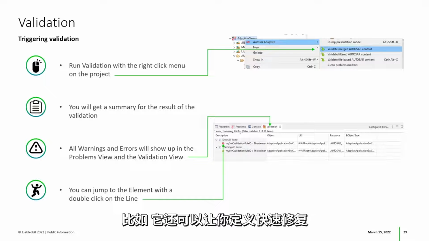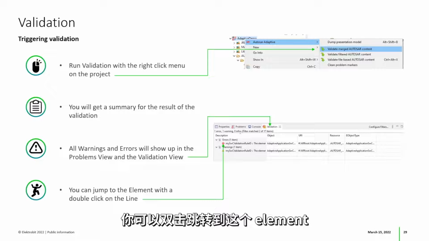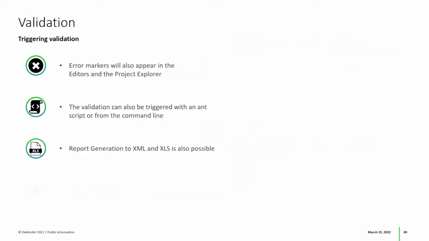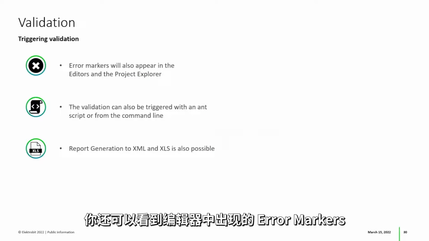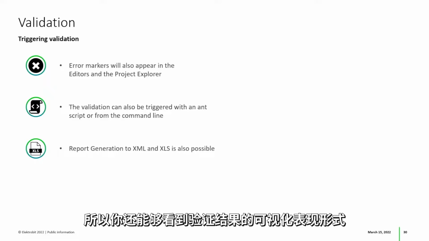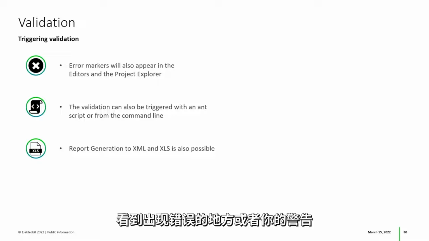I recommend to use the validation view because the validation view gives you a few more options and possibilities. So you can also define quick fixes, for example. And you can jump to the element with a double click, but I will show that in an example. You will also see error markers that appear in the editors and your project explorer, so that you also get a visual representation of the result of the validation, and to see where your errors or your warnings are,